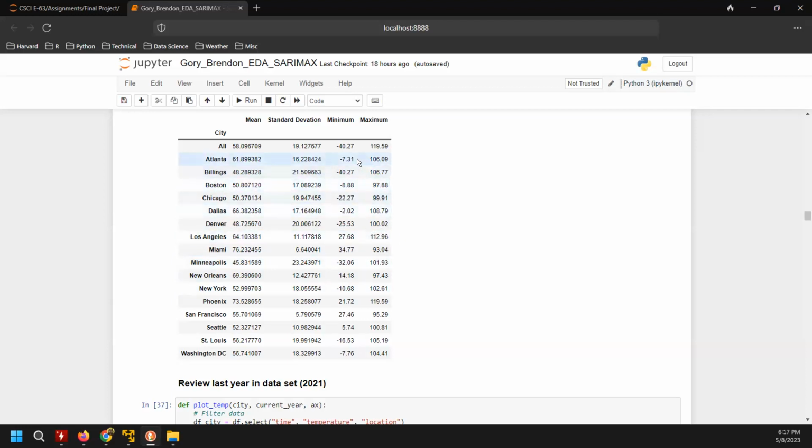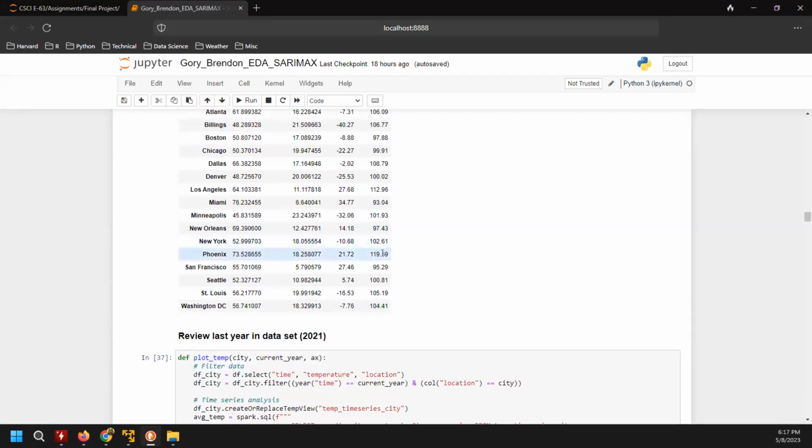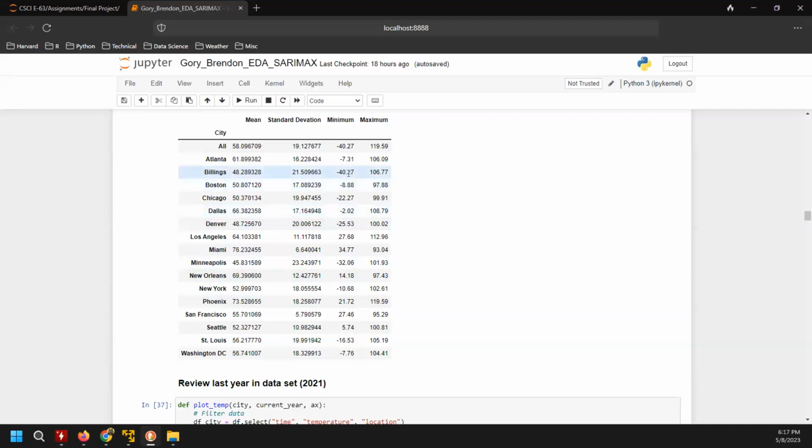And then we have the minimum and the maximum values for all the regions. Billings has a very big swing, about 147 degrees, between the lowest temperature recorded there in the past 41 years and the highest temperature. Phoenix probably wins with the highest temperature, and Billings with the lowest temperature.